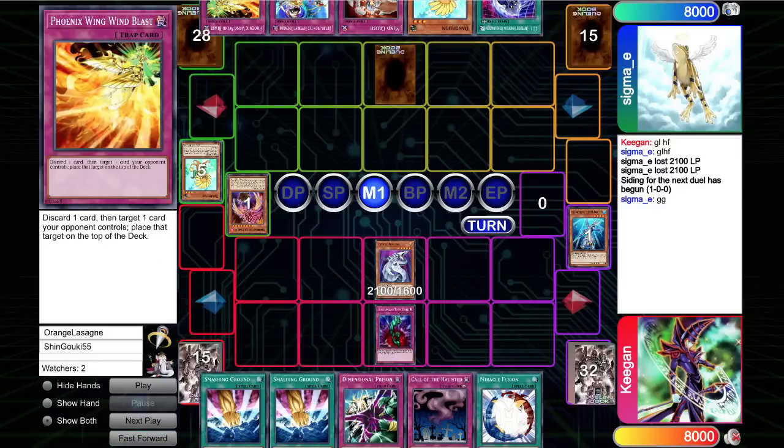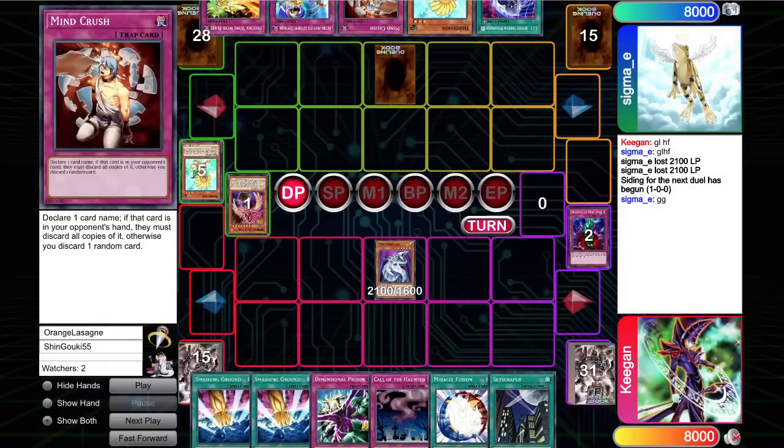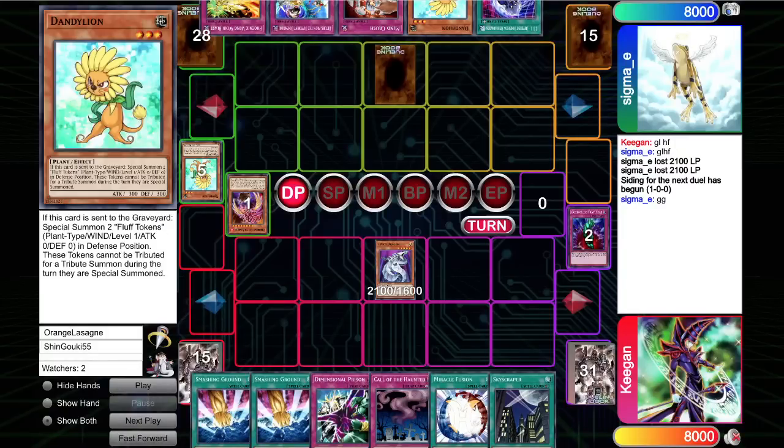Jesus Christ, the sequencing on this is... I don't think you could have... You could have done worse things, but you'd have to try. You'd have to set Mind Crush and call Exodia the Forbidden One. That's the only way you could play this opening worse, in my opinion. Damn. Okay, and then,